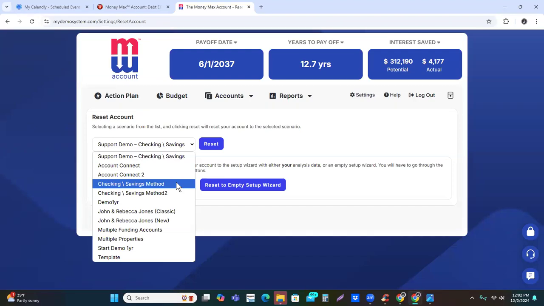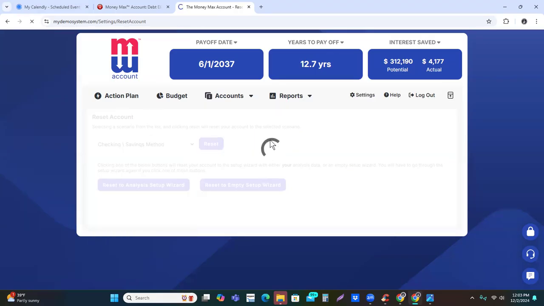If you have a potential client that wants to see a home equity line of credit as the offset, that's called the classic. And if I'm talking to a real estate investor that has multiple properties, this multiple property demo has 10 active mortgages in there. So they can see that. Once again, most of the time you're going to be here, you reset the account, and then it'll reset to